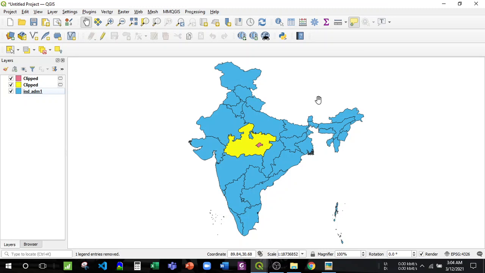And there are many paid softwares mostly used by corporate houses like ArcGIS, and QGIS is mostly preferred by some institutes because it is an open source software, and we can do most of the things from this software.